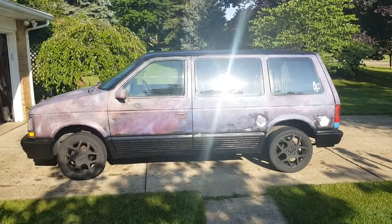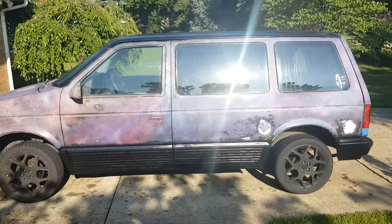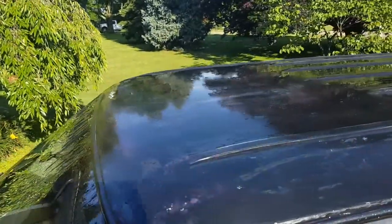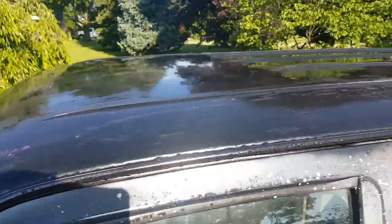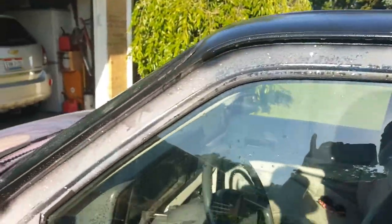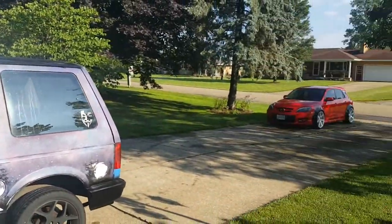And so it's about 7:30 a.m. right now. And I just pulled it out. There was a lot of rain from yesterday and moisture on the van. So I just real quick went over the whole entire roof with a 320 grit. Kind of just smoothed everything out. You can see there were some highs and lows in the paint. Hopefully you can see it. But so I just went over that real quick with a 320 grit,